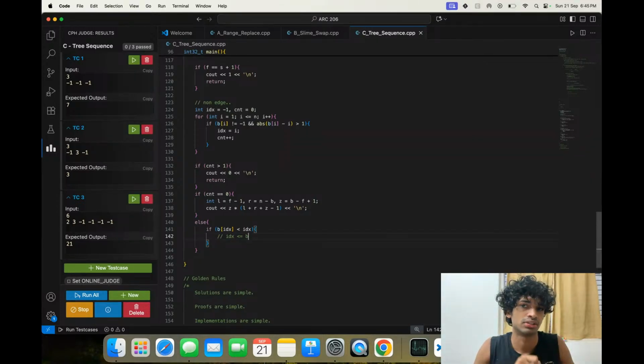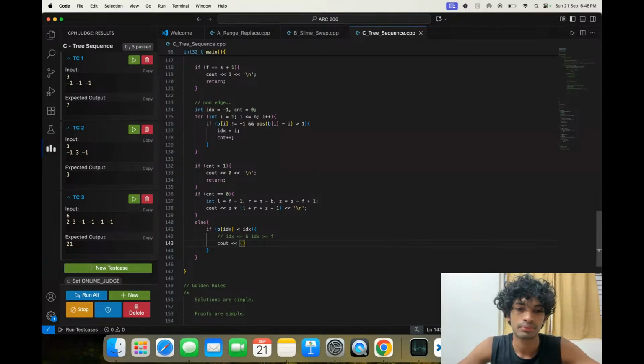And now what's the other condition? Can idx be less than the backward edge? Can it be less than f? No. idx greater than or equal to f. Why? If it is less than f, something is going towards this side, right? That's also wrong.